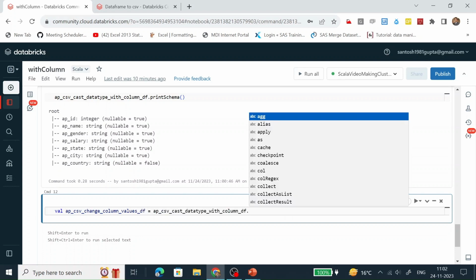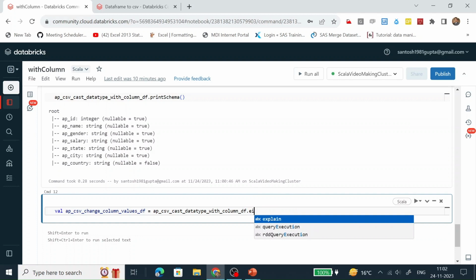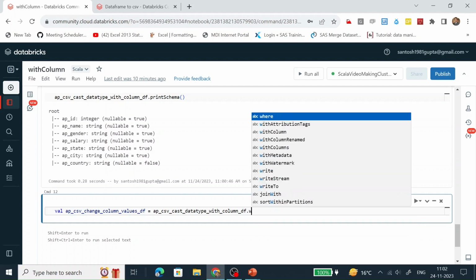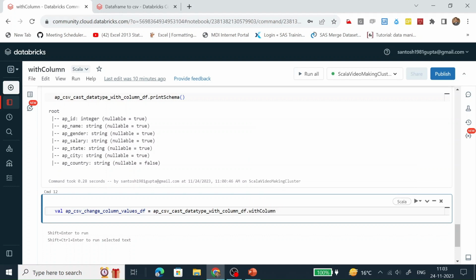Let's call the withColumn function, and with withColumn let's select AP salary, and with the help of the col class let's select AP salary again and multiply by 2. So what I'm doing here is selecting the AP salary column, and whatever data is present in it, I'm multiplying it by 2.